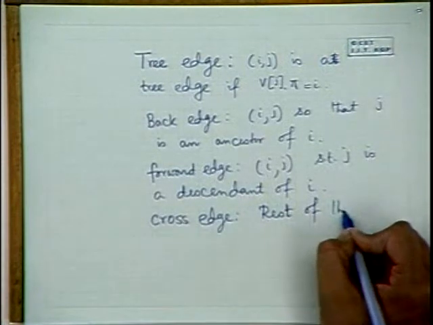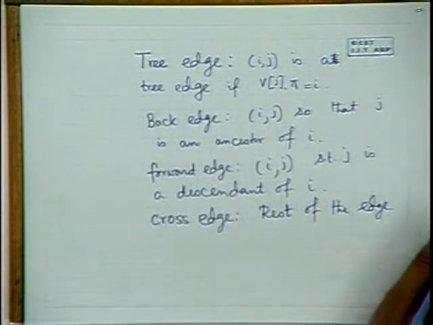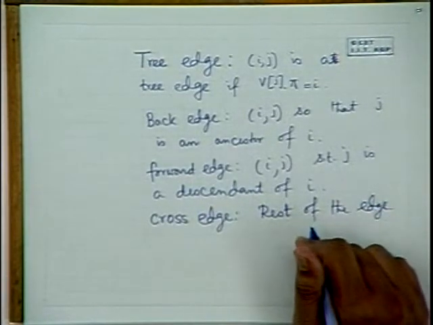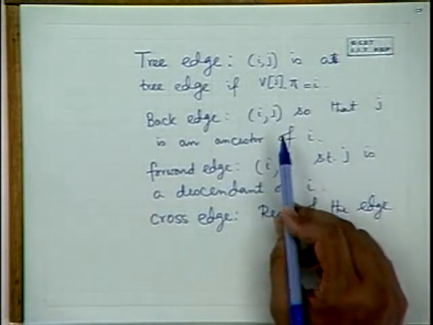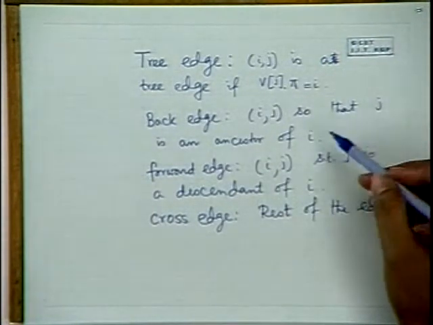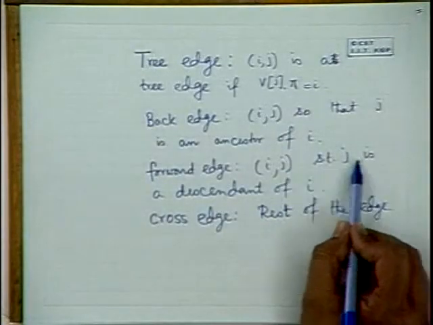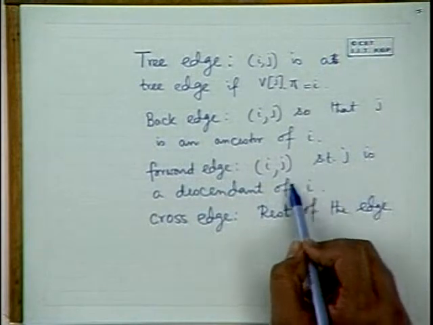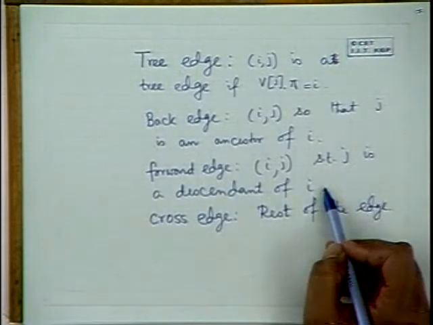rest of the edges. So does the forward edge include the tree edge? In a sense, yes. Right. Because by this definition, forward edge also includes them. But you can say those are the forward edges which are not tree edges. You can always partition that. So here you can say forward edge Ij such that j is a descendant of i and such that Ij is not a tree edge. You can put an and condition. So these are the classification of the edges of the graph through DFS.